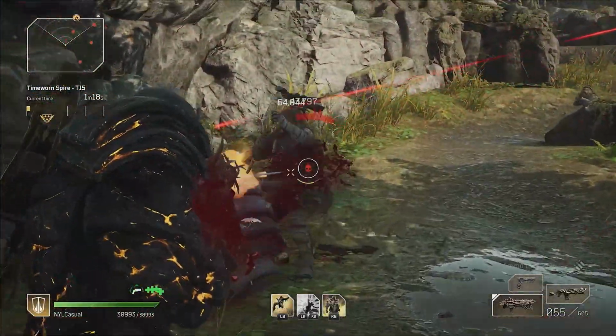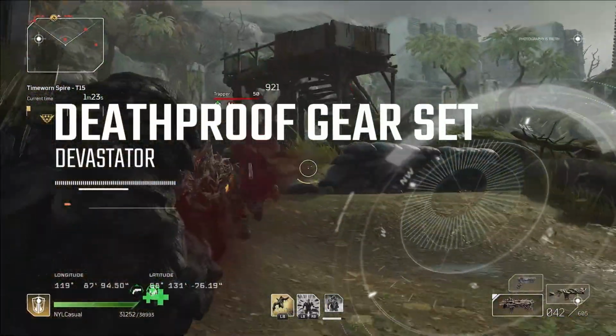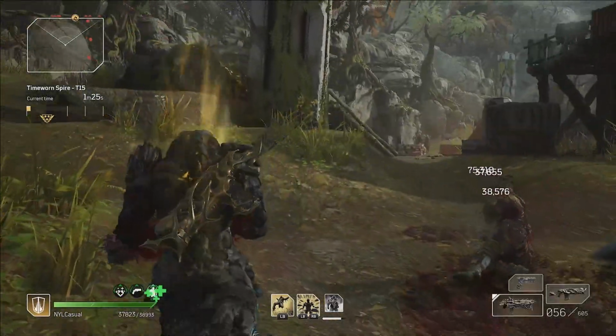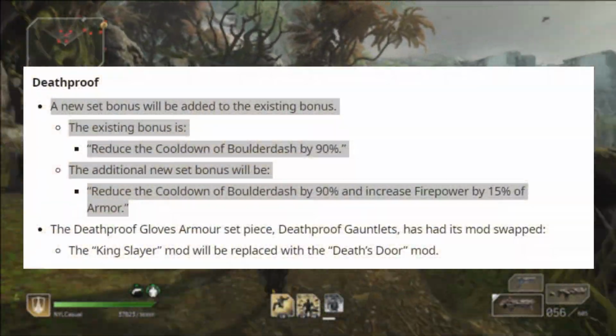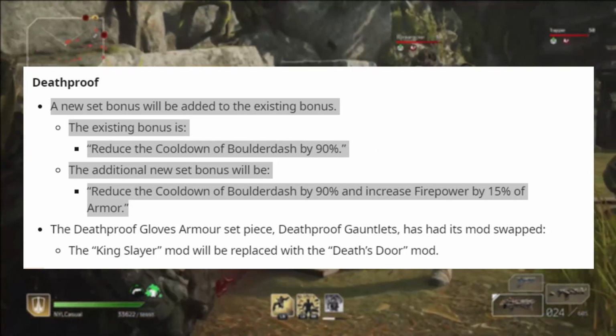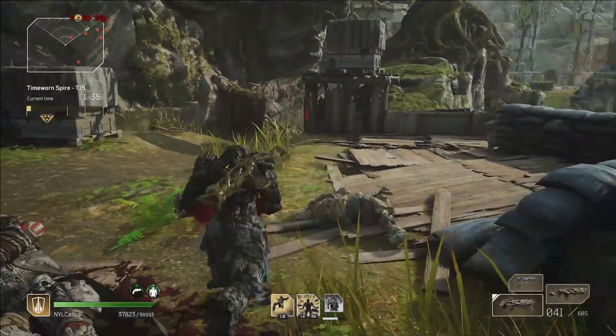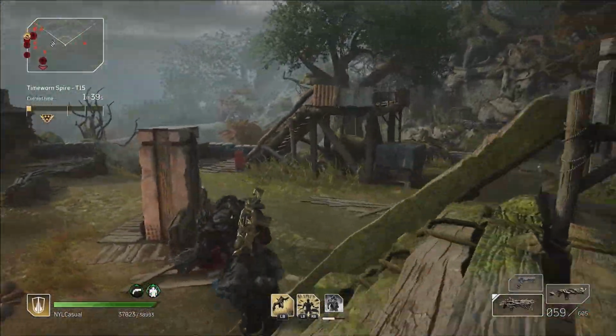damage sources. I have to be honest, I really don't like the Boulder Dash skill, but the changes they are proposing to this gear set have me itching to try it out. The gear set bonus, which reduced the cooldown of Boulder Dash by 90%, will now also increase firepower by 15% of armor. Now this might not seem like it is very useful, but this will synergize really well with the